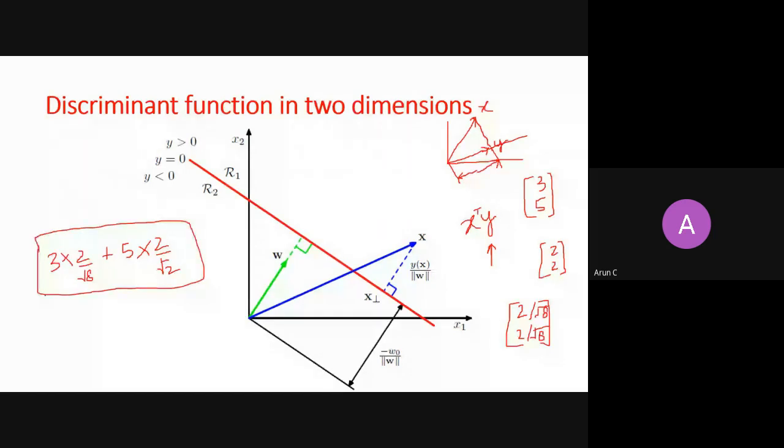But if y is given as (2, 2), then also you can take a dot product. Then you do 3 into 2 plus 5 into 2. But here y is not a unit vector, so it is a shadow but a scaled version. Somewhere this shadow is going long, elongated. So you need to normalize this shadow. And how can you normalize it? You just divide it by the norm of the vector.